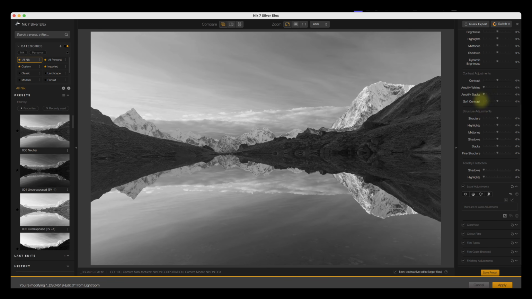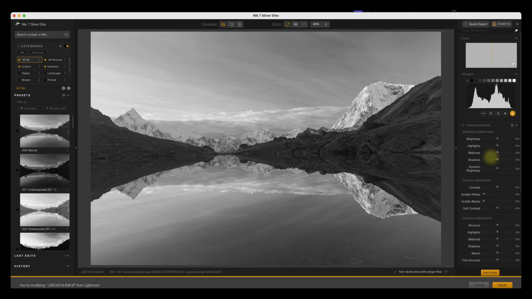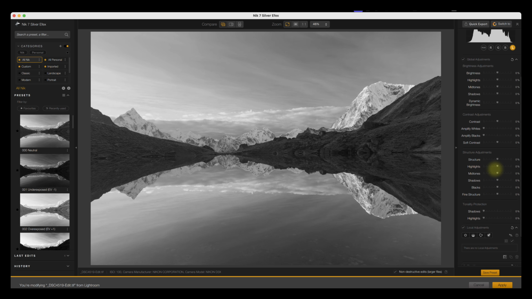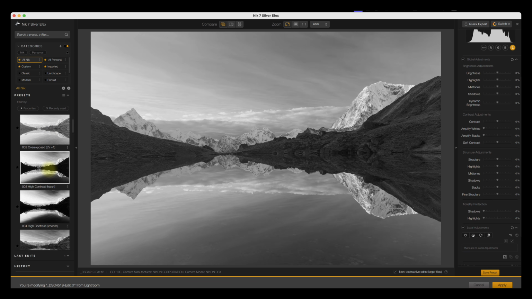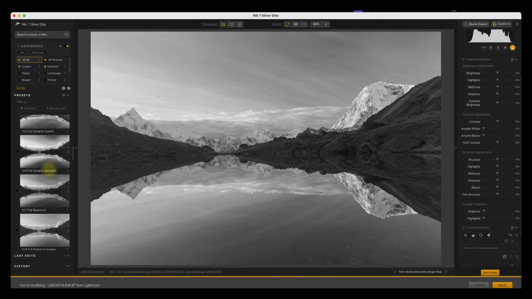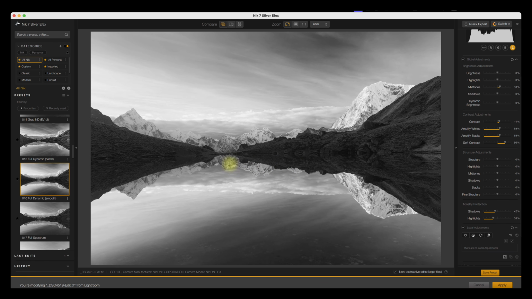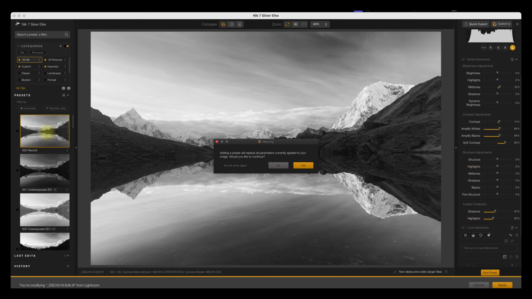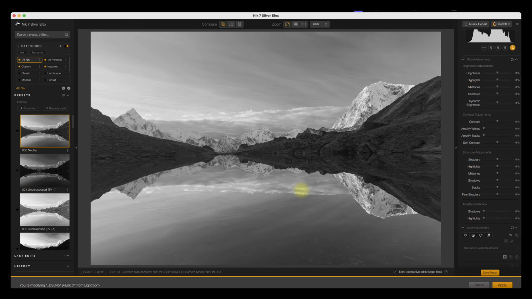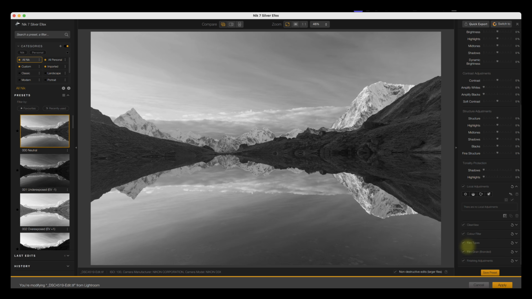For those of you who haven't used Nik before, it's quite an intuitive piece of software. It feels very much like Lightroom in many ways, with most of the tools down the right hand side. I'm not going to be covering presets in this particular video, but as you can see, there are dozens and dozens of them. If you wanted to click on one of those and see what that does to your image, then of course you are free to do so. So I'm going to be starting off with the default here. The first and probably most significant change we can